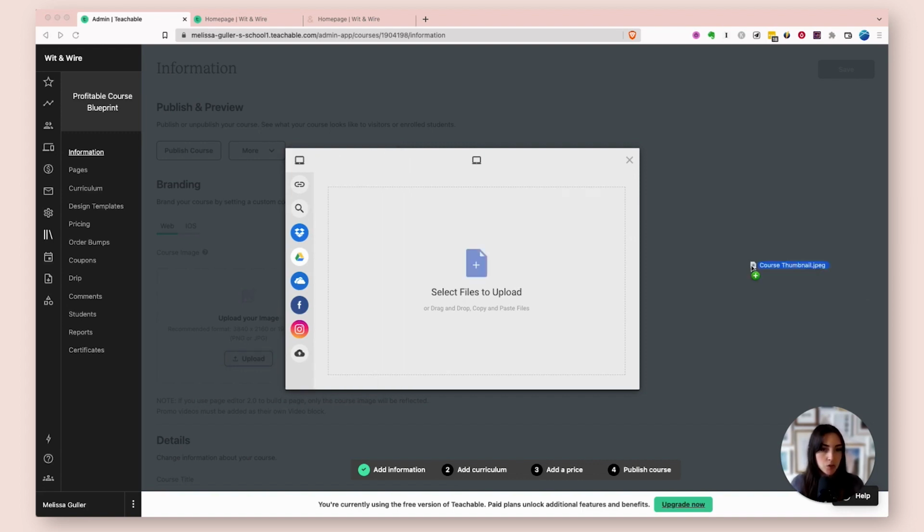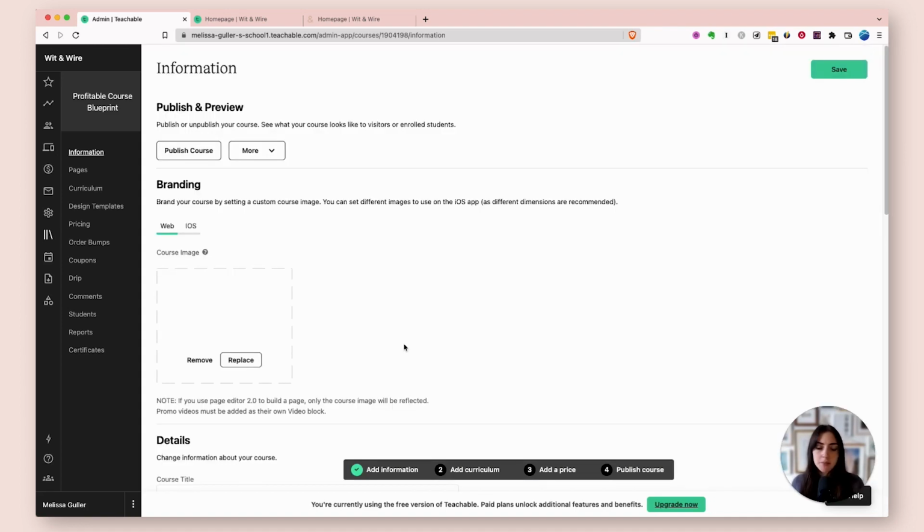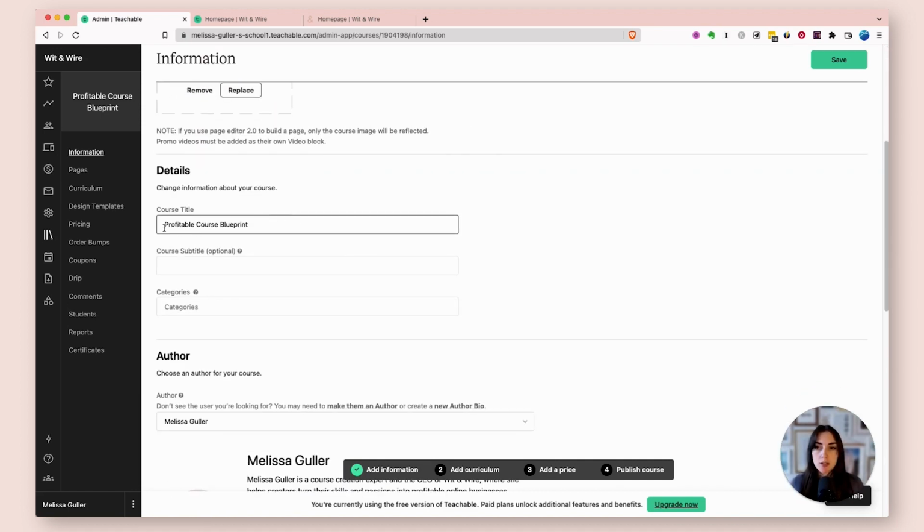So I'm going to just drag and drop in this test image and click Upload. It takes just a second, and now you can see it's included here. And before I uploaded the image, you may have noticed it recommended the exact size of the image to use. Now, scrolling down, you can change the course title here at any time, and I think you can leave the